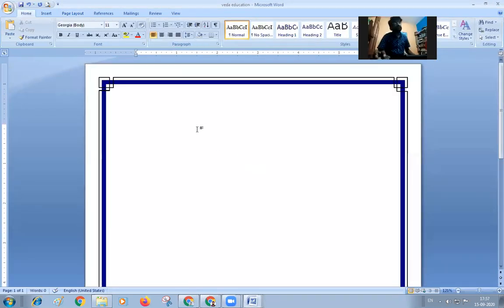Now we go on to the invitation first. I'll take only 5 to 10 minutes so that we'll end the class. I'll type the heading Invitation. Then I need to make it center aligned.